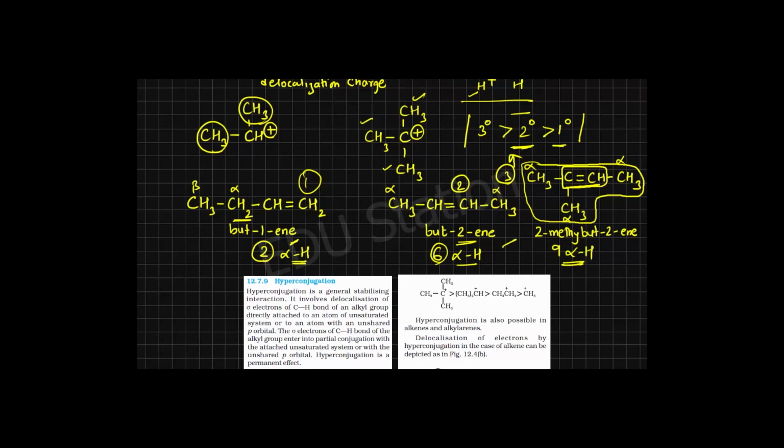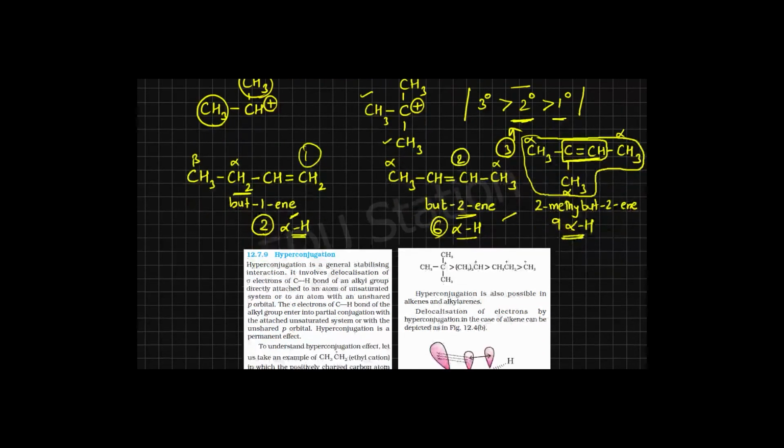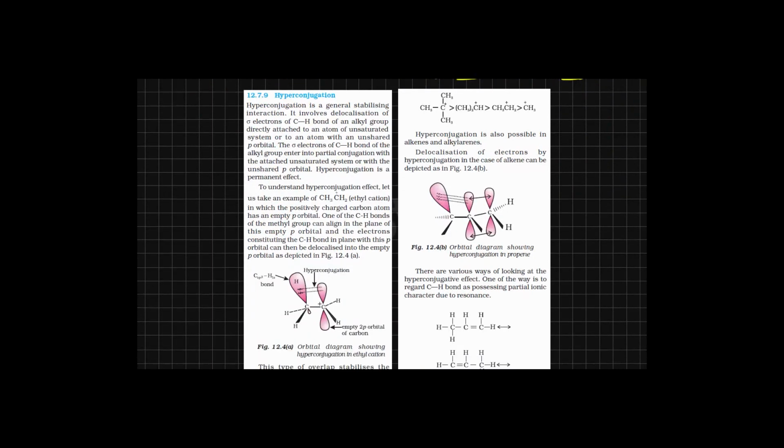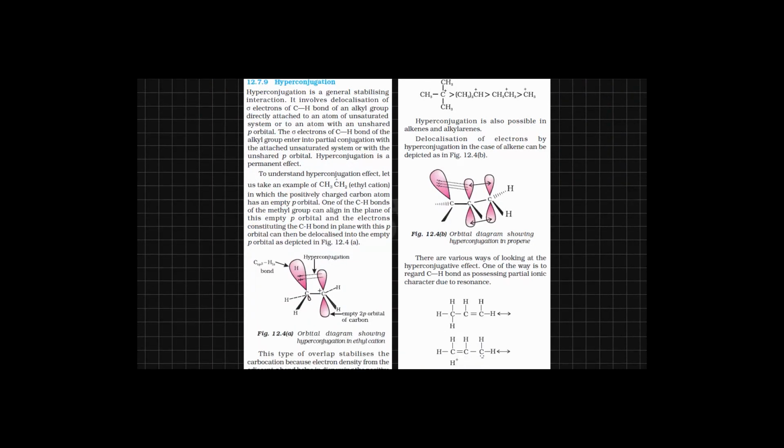Hence, among these 3, 2-methyl but-2-ene tends to be most stable. Now, this is how hyperconjugation is given. Hyperconjugation is a general stabilizing interaction. It involves delocalization of sigma electrons of CH bond of an alkyl group directly attached to an atom of unsaturated system. So, CH bond which is directly attached to an unsaturated, meaning double or triple bond,